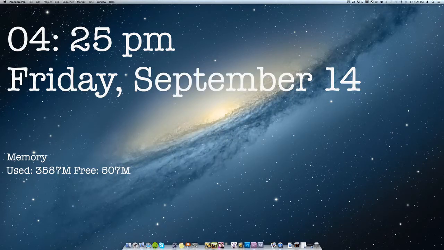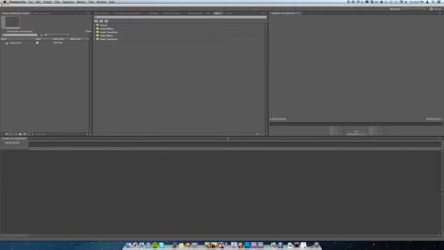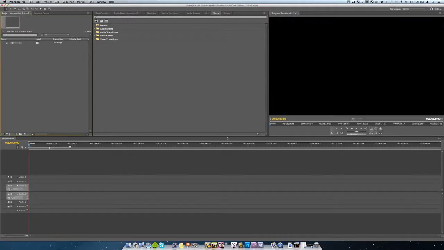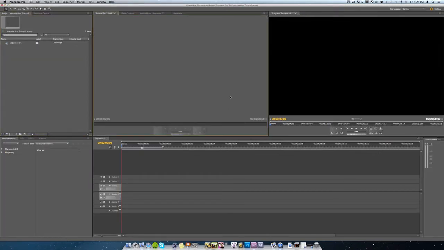And now finally we've done all of this, and our new project is going to open up. So now here you can see that we have this timeline, we have this place for viewing the video, and we have all of these different controls here. I've actually customized this a bit myself, so I'm going to go reset current workspace. Press yes, and this is what I'm pretty sure it will look like for you when you first load up Premiere Pro. So that's it for this episode.